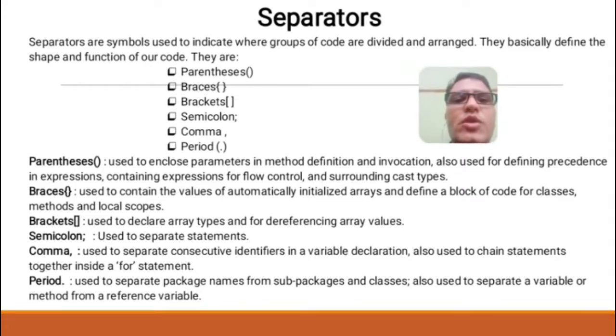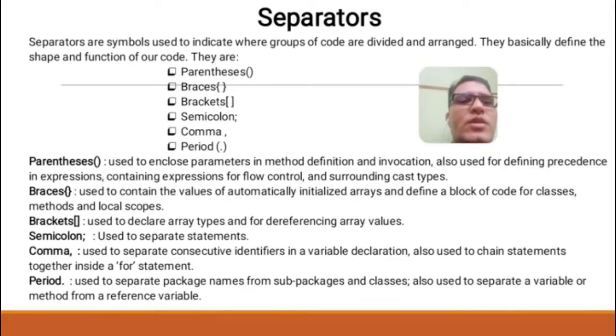And the next separator is the semicolon. This semicolon is used to separate statements. As we know, in every programming language like C and C++, every statement ends with a semicolon. Java is also not excluded. By using this semicolon, we are separating the statements. Every statement is terminated with a semicolon. The main intention is that we are separating those statements. And the next one is the comma. Whenever we are declaring variables, if we want to define multiple variables, then each variable is separated by using the comma operator. We also use it in our for statement.